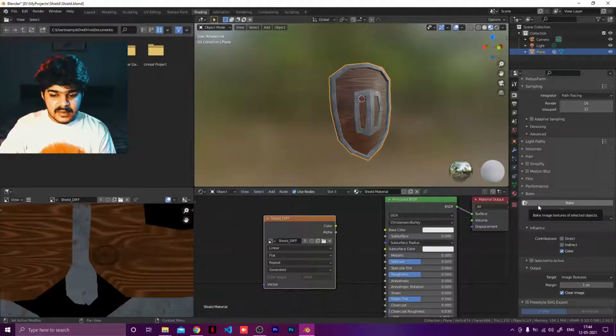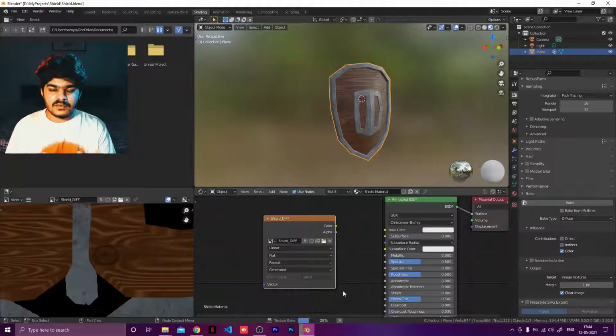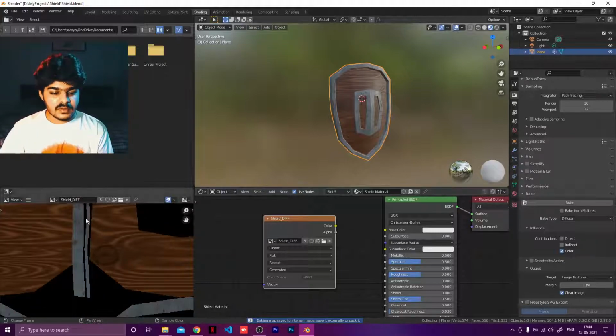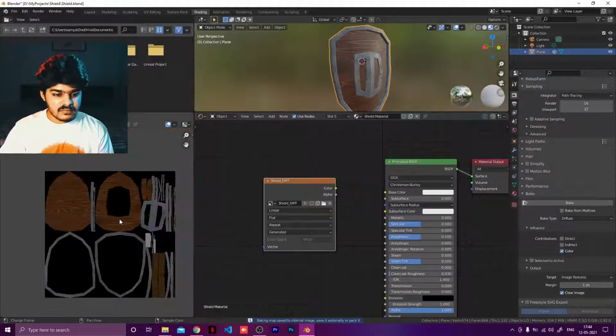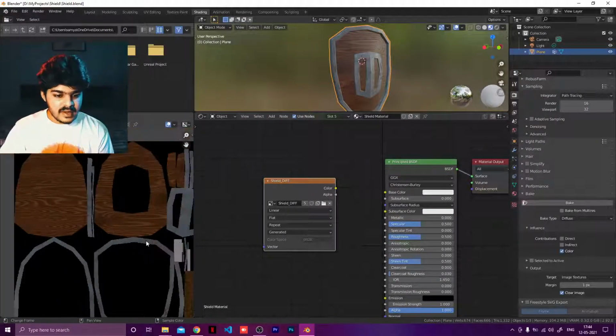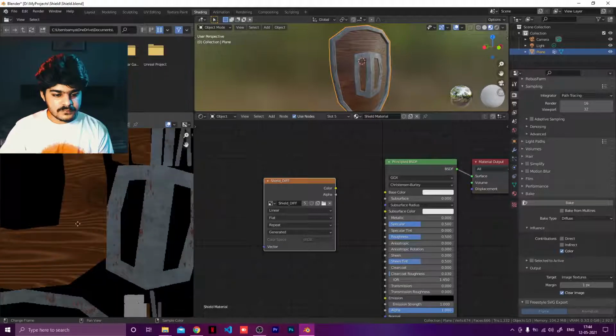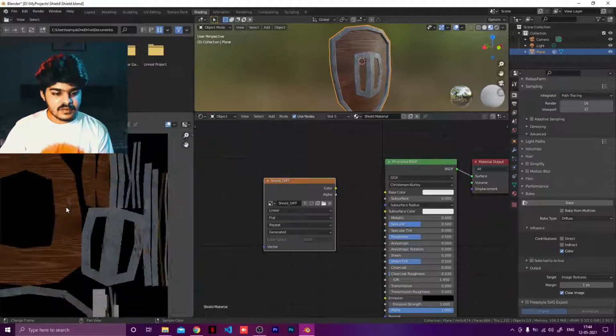Okay, so let's bake it one more time. It is going to take basically the same amount of time, but that is because of the less render detail that I'm using here. If you increase the render detail, the rendering will be of much higher quality, but it is also going to take longer. Now once this baking is done, here you can see that there is very little overlapping going on, and everything is nicely organized, nicely shaped and all that stuff, right?